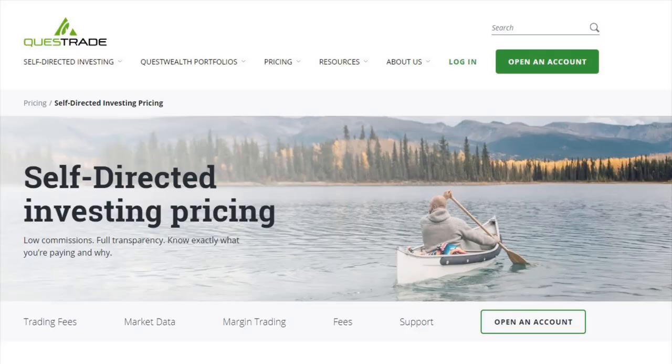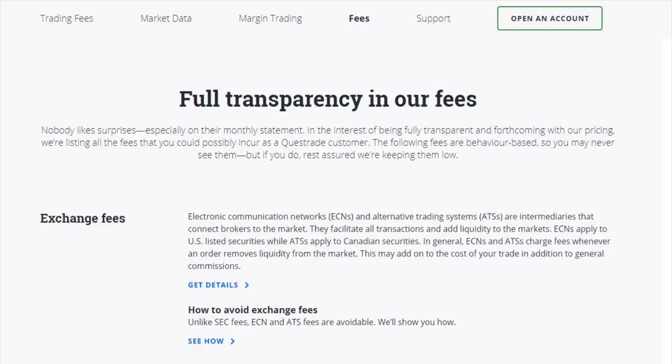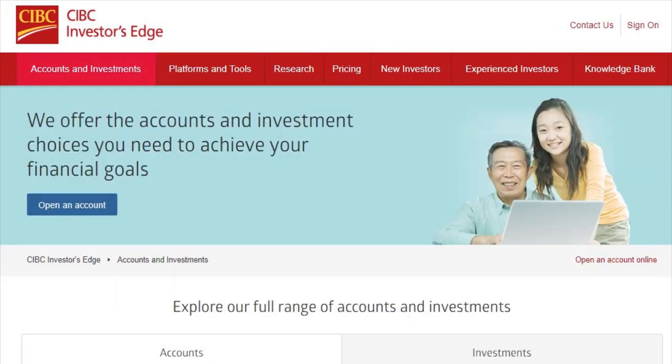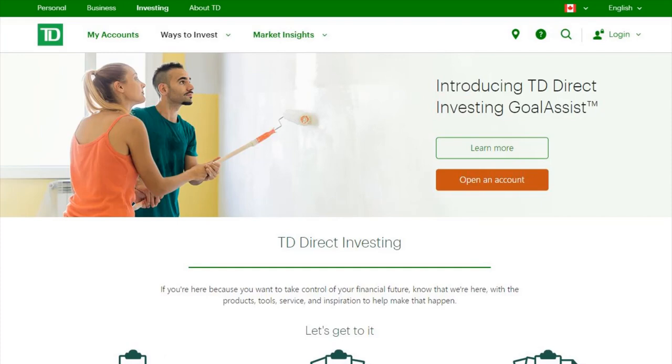I personally use Questrade just because I started off with Questrade and I like the interface. It's easy to use, it's user-friendly, it's fast, it gives me all the information I need. And compared to the other banks, it's the cheapest. But Interactive Brokers is definitely cheaper than Questrade. But the reason I didn't go with Interactive Brokers is because when I first started off, they had a minimum investment, or else there's like an annual fee or a monthly fee. And now for me to transfer to Interactive Brokers, it's going to cost me $150 per account I have.